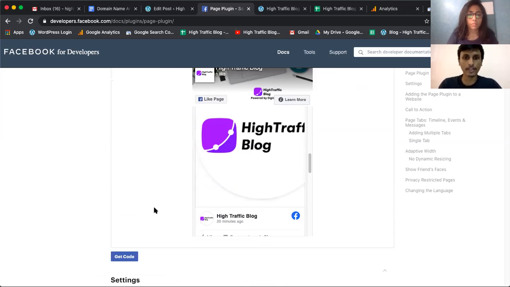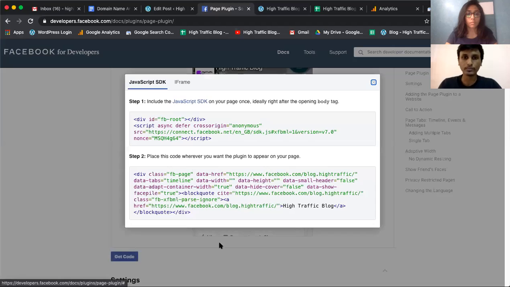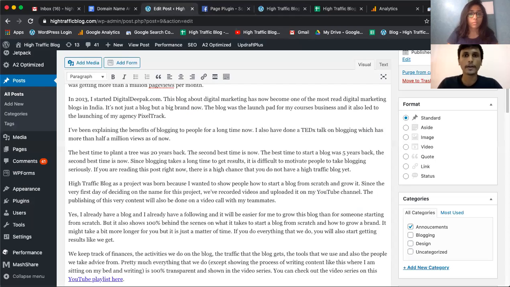So the way we have to embed this is click on get code, and you'll get two codes here. Basically, the first code has to go on the entire website, and the second code has to go on a place where you want to embed the Facebook widget itself. So I'll go back to